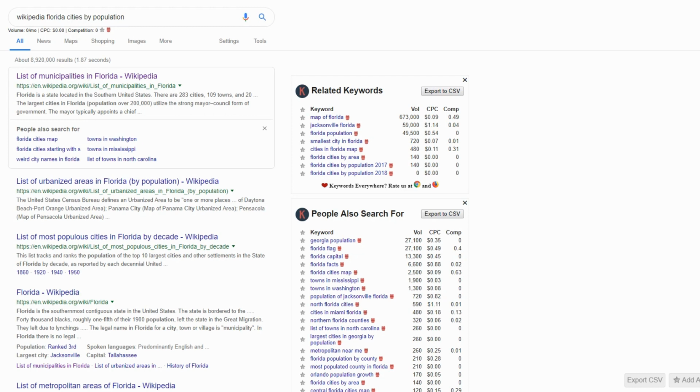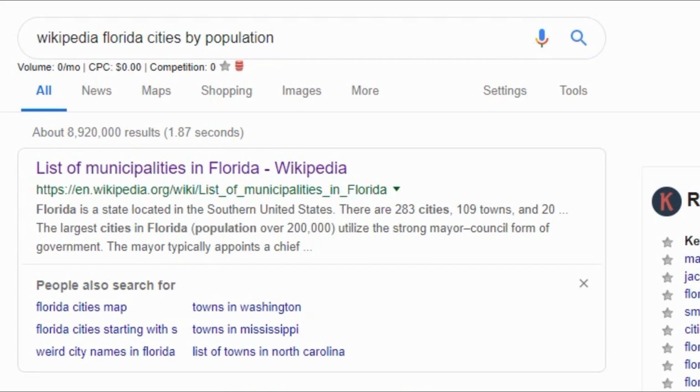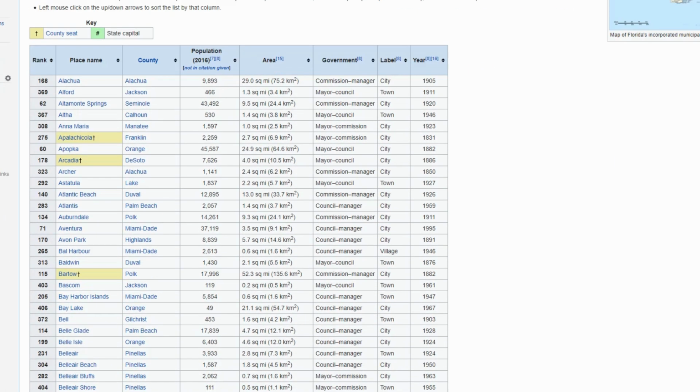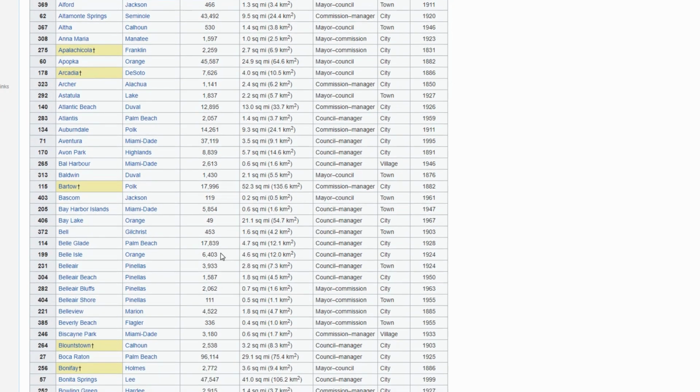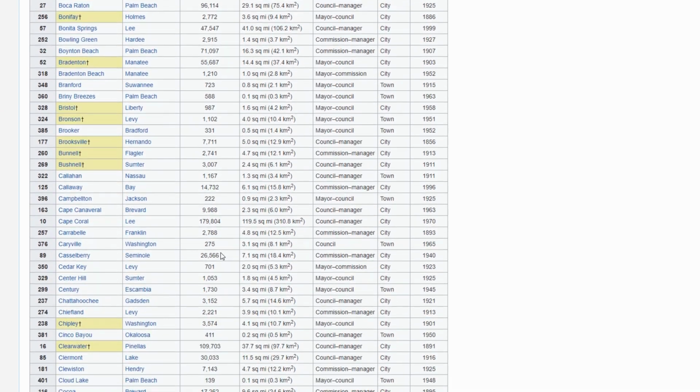All right, so the first thing that we're going to talk about is the cities that you're going to target. And in my personal experience, the best type of cities are cities that have over 100,000 people in population. You can go on Google and type Wikipedia and your state, for example. In this case, I typed Florida cities by population and I clicked on the first link. As you can see, it gives me a bunch of cities and you can see the population. It's just an estimate, but you can have an idea of which cities you can target.